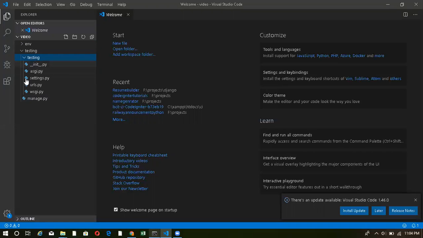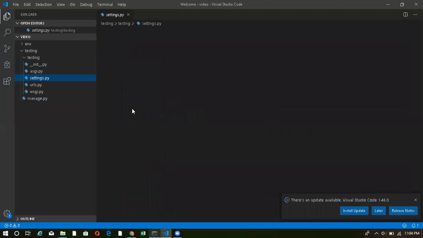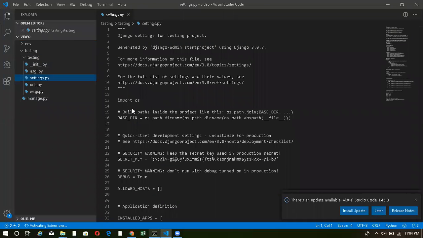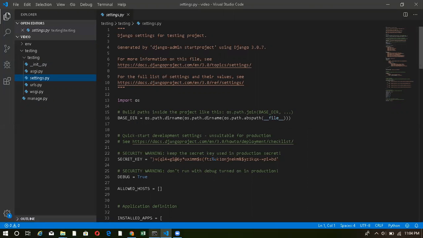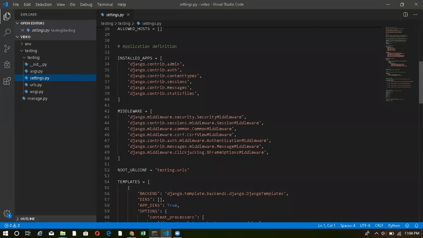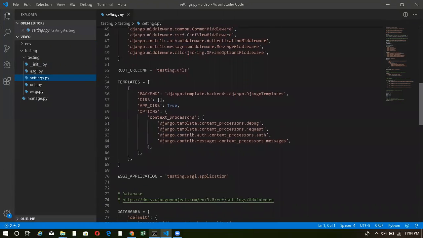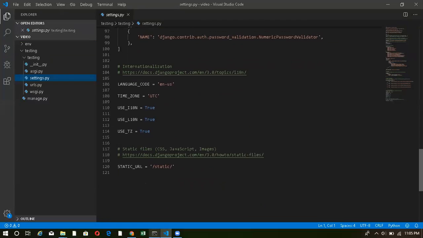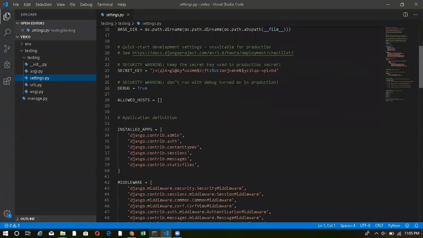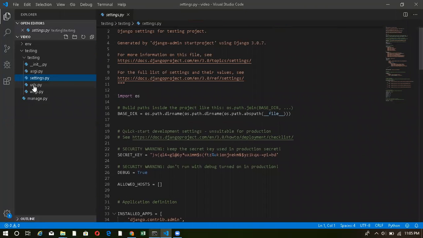And what's basically settings.py? settings.py is a file that contains the configuration of your entire server. So it has all the apps installed. It has all the links to all the apps or all the files that are being used over here. It is basically used for configuration.